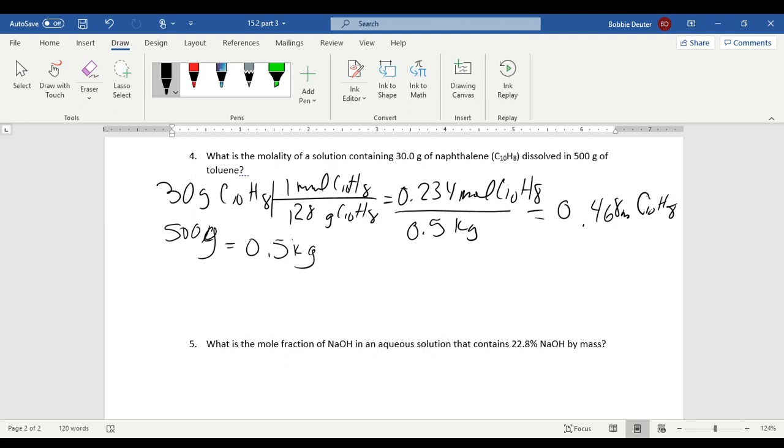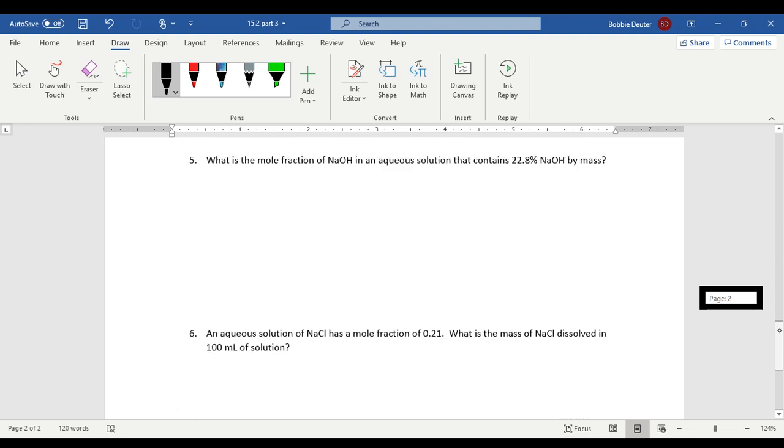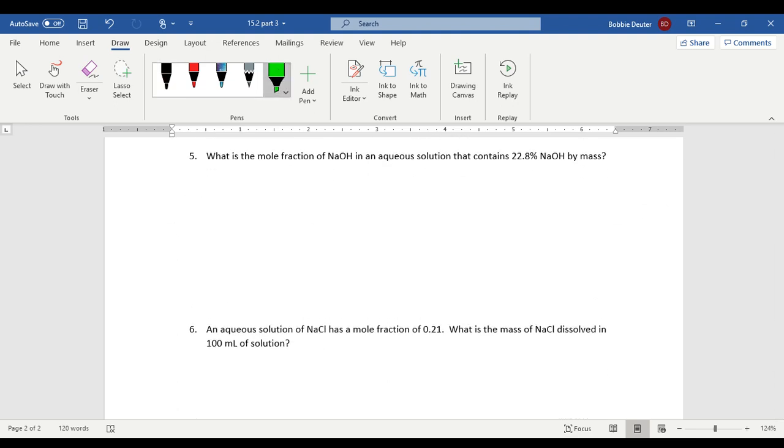A molar fraction is a ratio of the number of moles of a solute in a solution to the total number of moles of solute and solvent. So this becomes useful if we have an unknown solution. We have to try to figure it out. So here, what is the molar fraction for just NaOH if we have an aqueous solution of